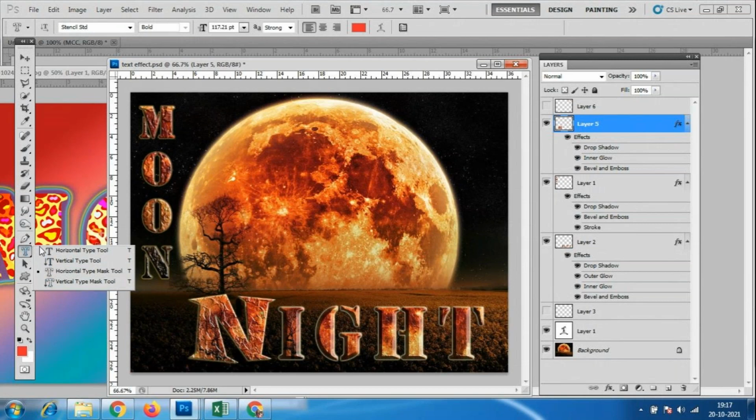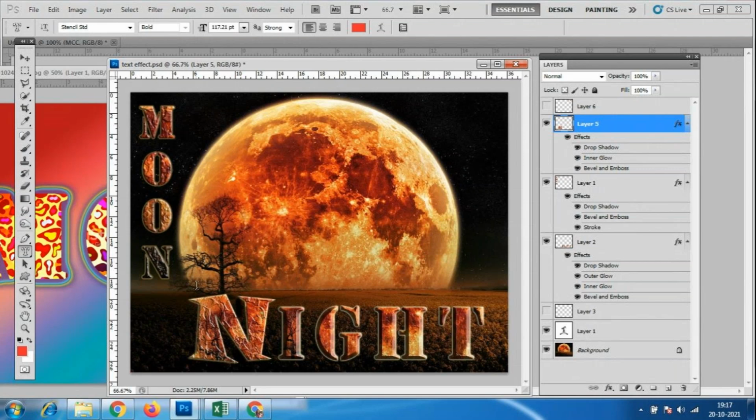Text means everything is applied on one single screen. With the horizontal type mask tool, we have to add a text. First you have to take some nice image like this, and according to that, you can give the text nature, sky, satellite, or anything.